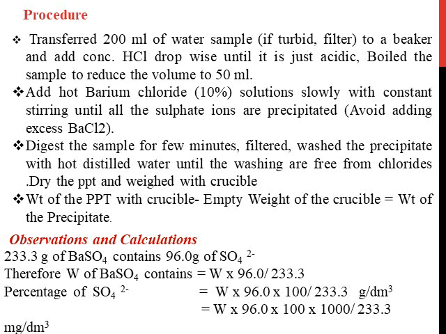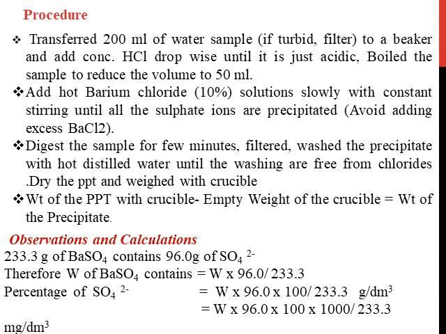So that will give W into 96 into 100 into 1000 divided by 233.3, which will give you milligram per dm cube. So the percentage of sulfate anion, as well as the ppm, milligram per dm cube, that is nothing but ppm, can be easily expressed with the help of